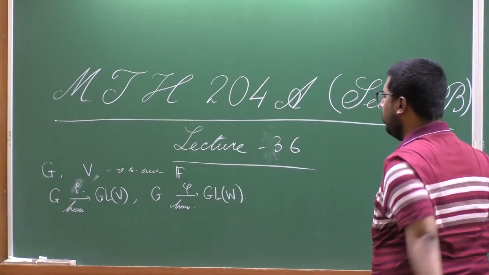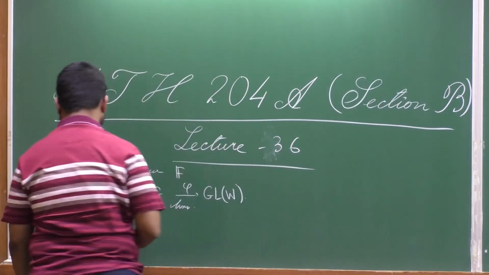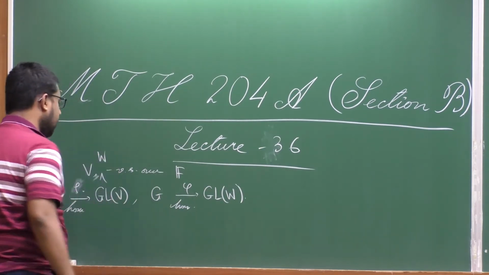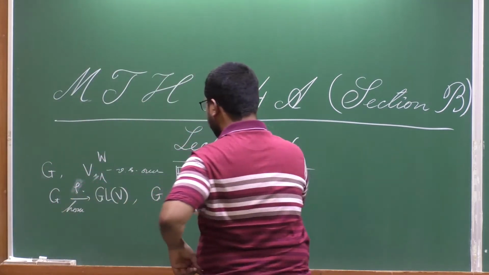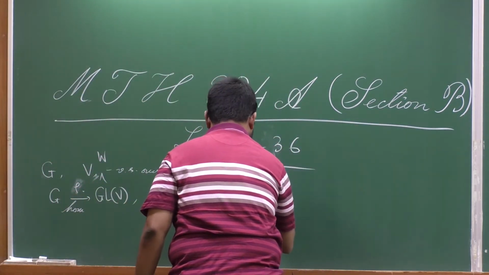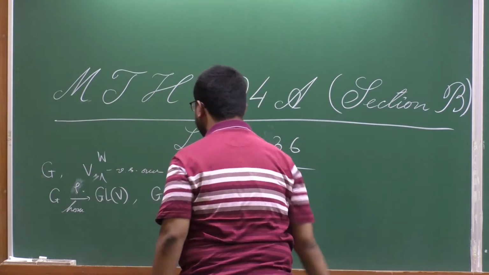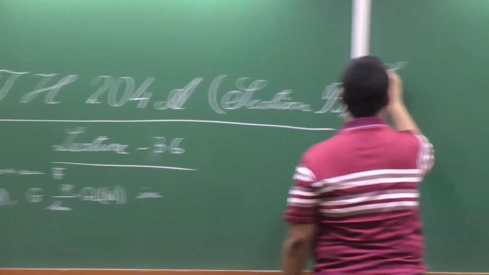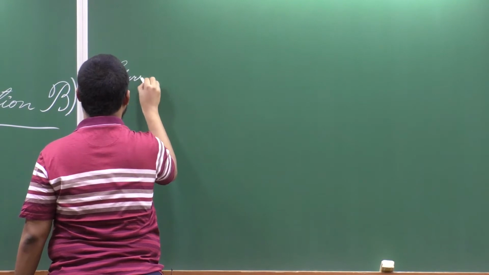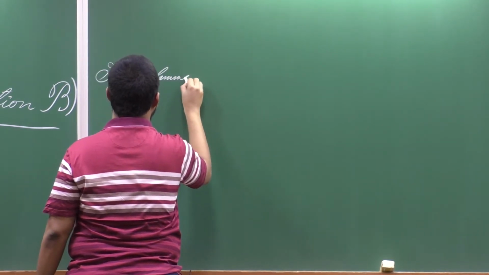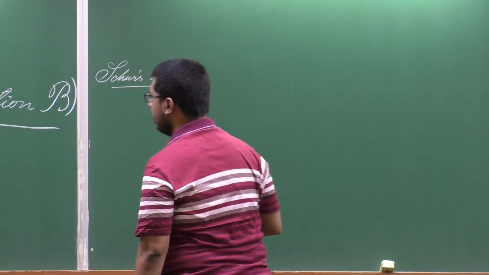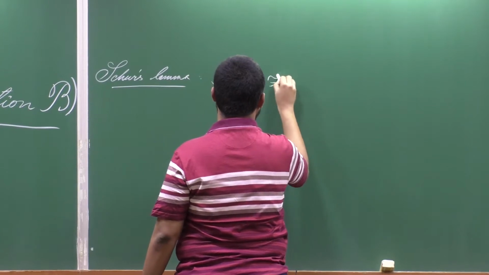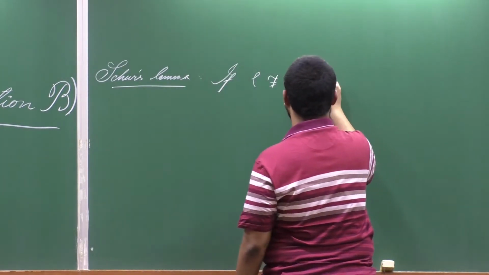So, for a given group G, not necessarily finite, and vector spaces over some field F, given two representations, assume them irreducible. Then Schur's lemma says the following: if rho is non-isomorphic to phi, then